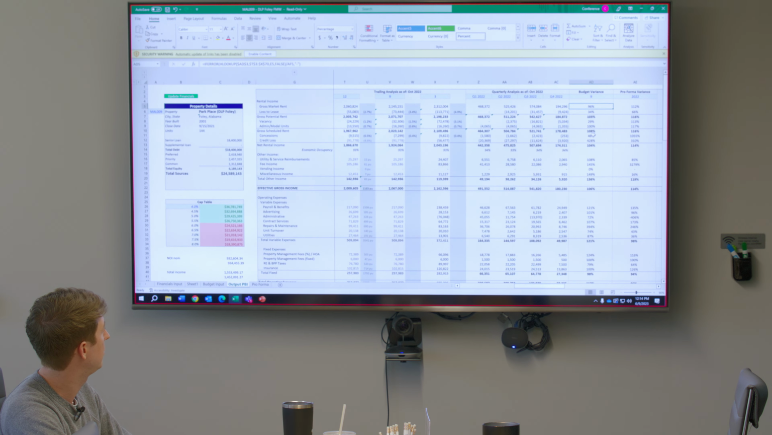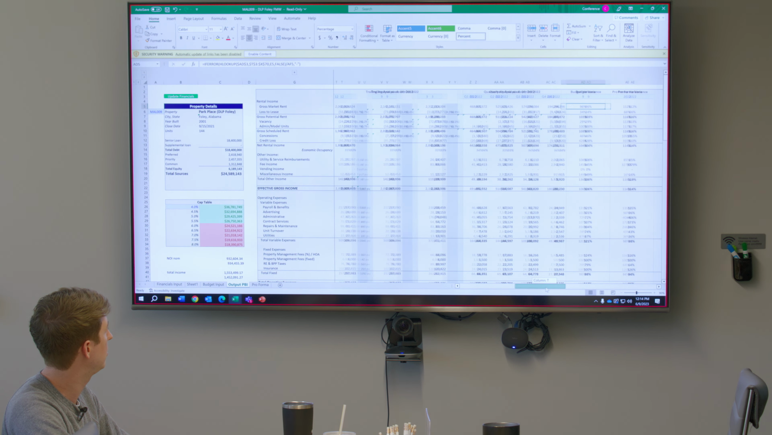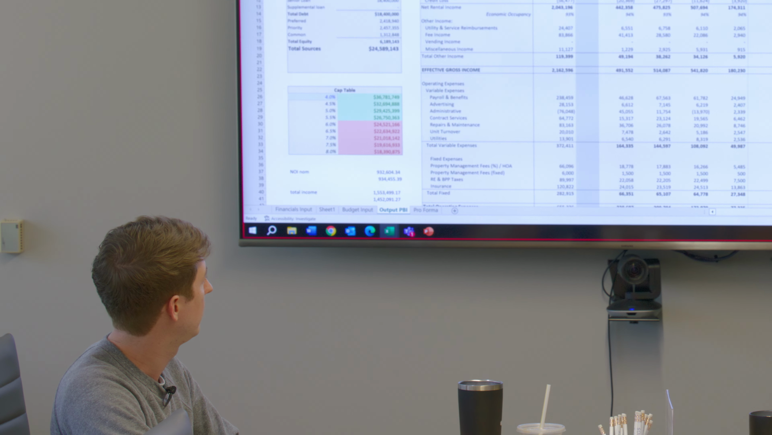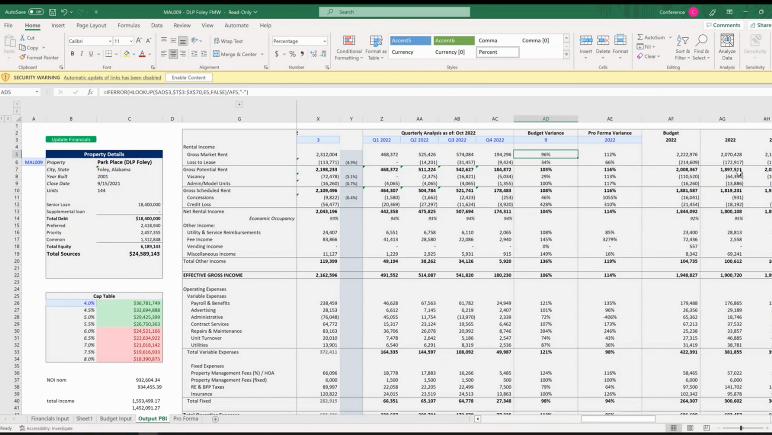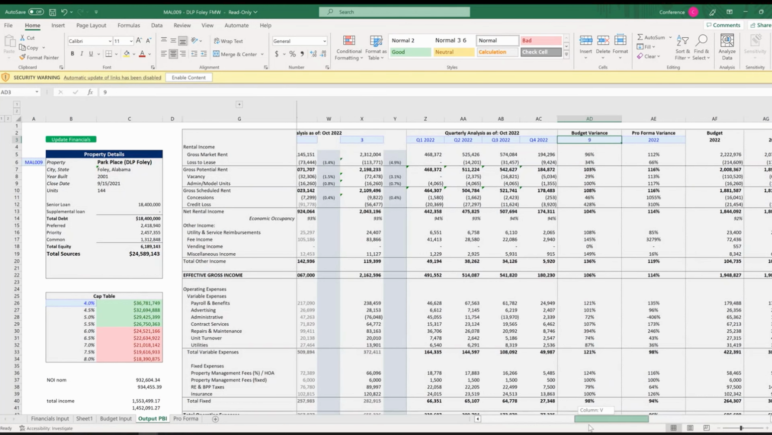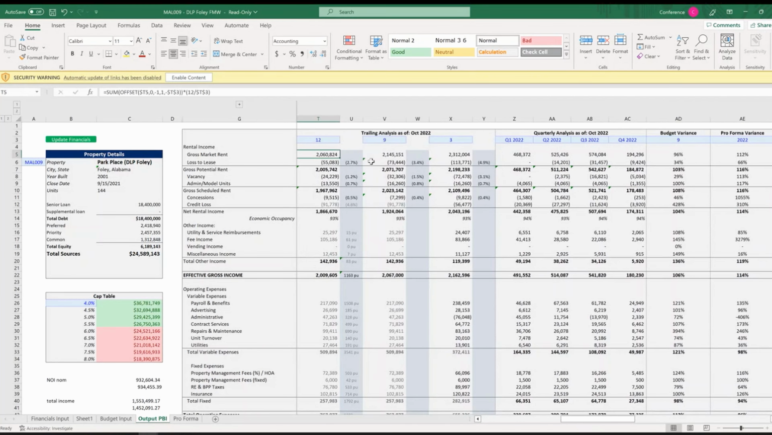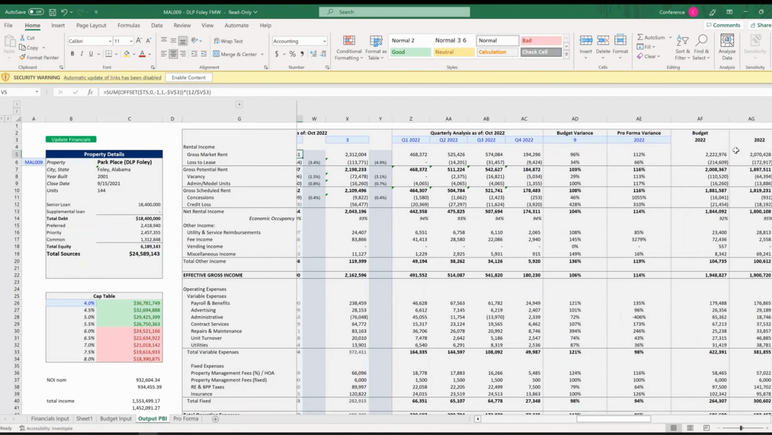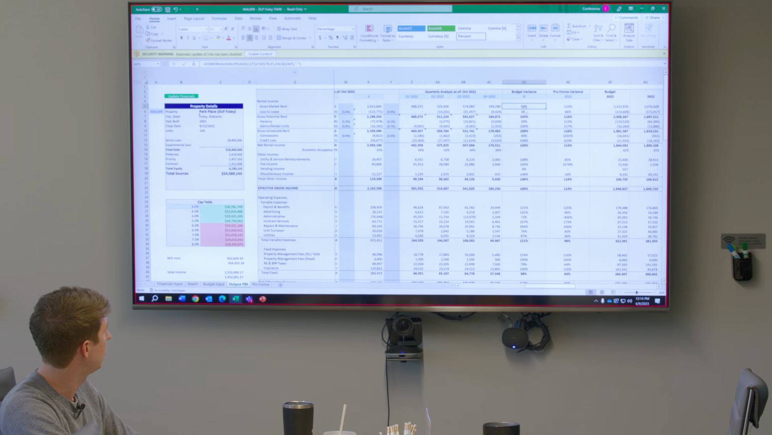I'm doing a budget variance here. So I want to divide my real number by my budget to find out my variance. If I put a 9 here, that means 2,145,000 is 96% of 2,222,000. So I'm using an HLOOKUP here to dynamically look